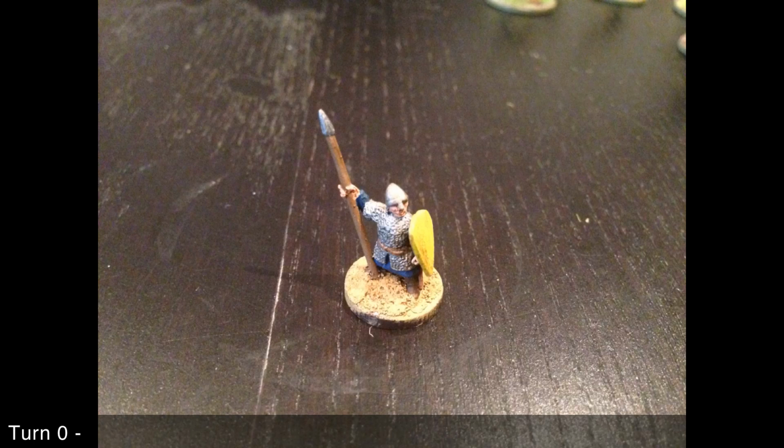And here's the last model. I was scrambling around, and I didn't edge his base because I don't know what I'm going to do for the basing, but this guy's pretty much finished, and he's a 15 millimeter figure, he'll be for both Lion Rampant and